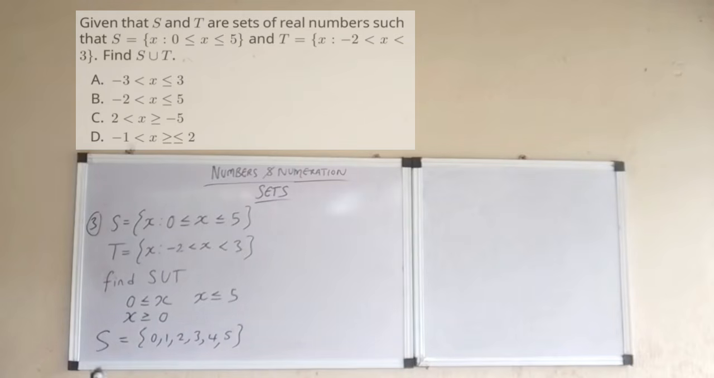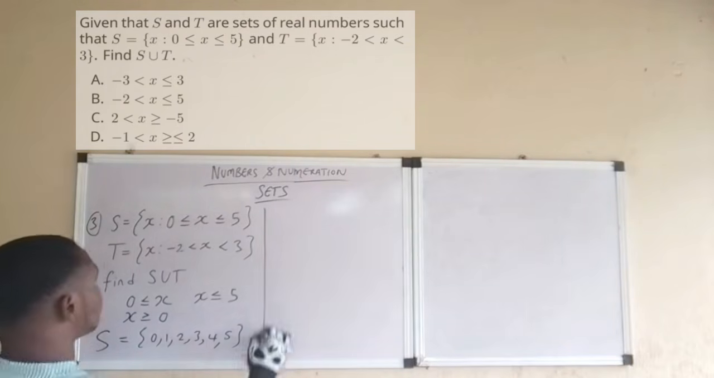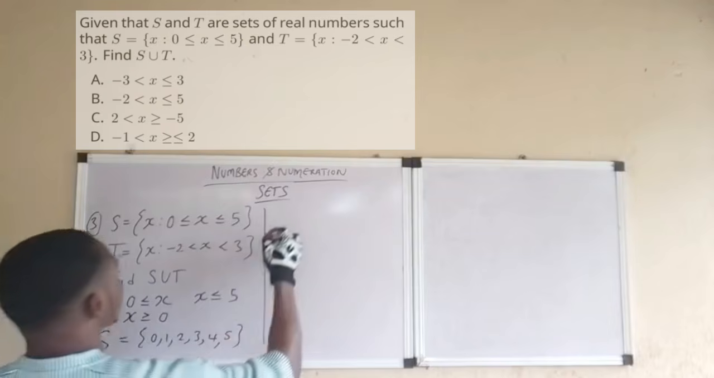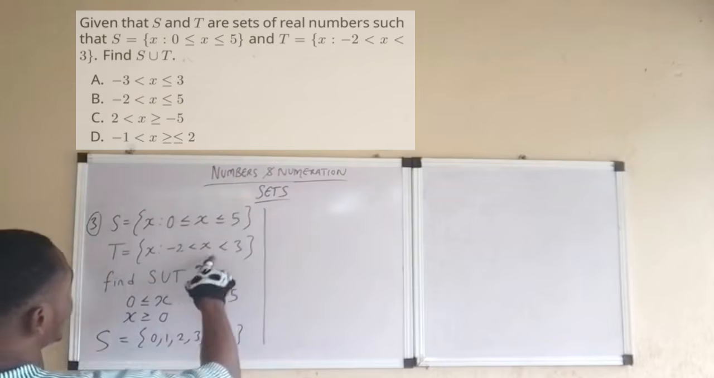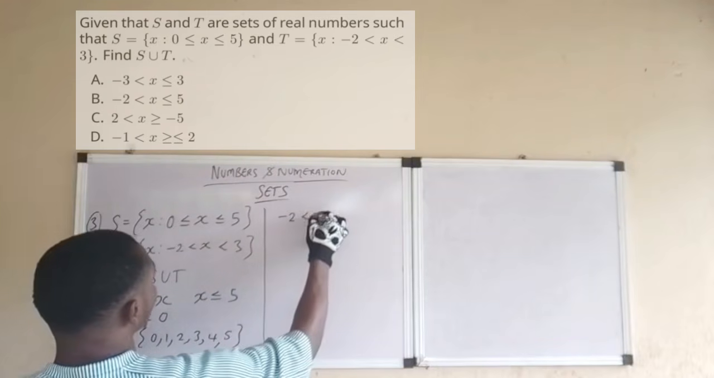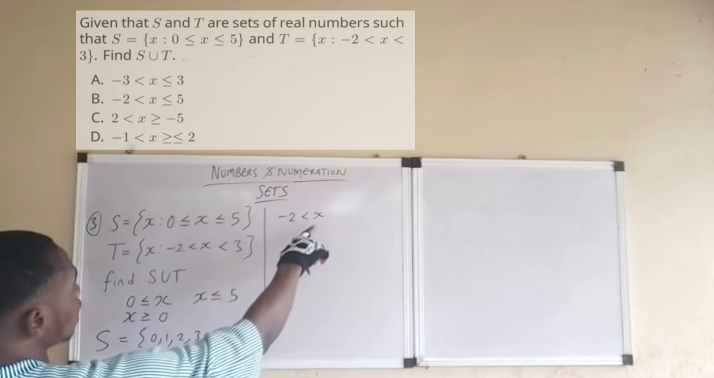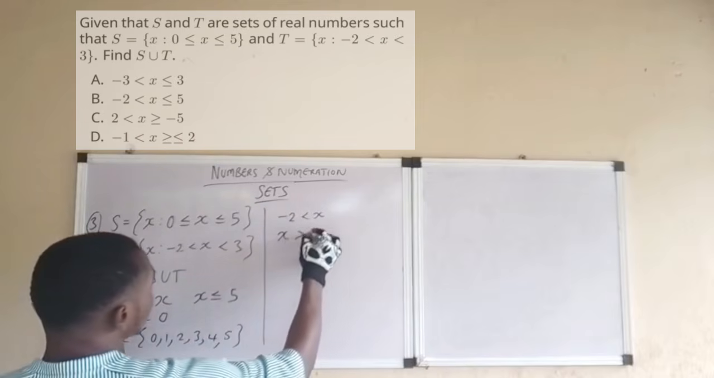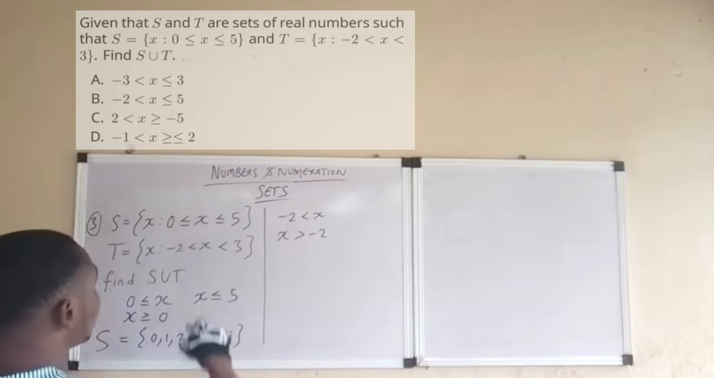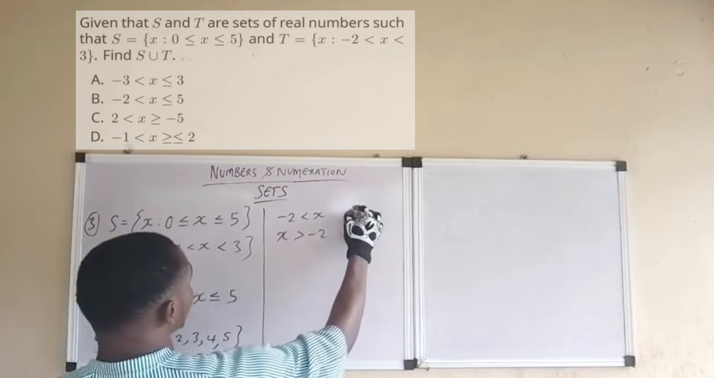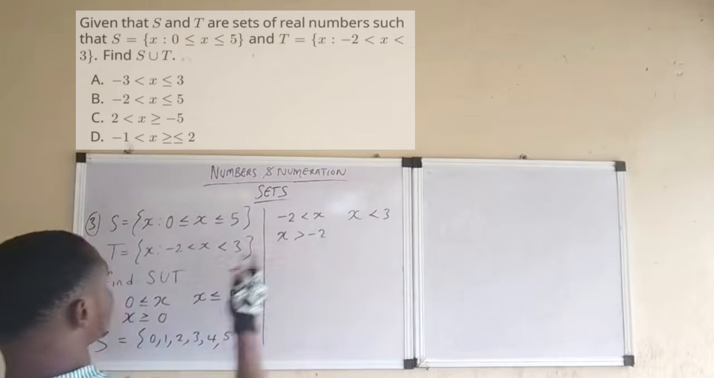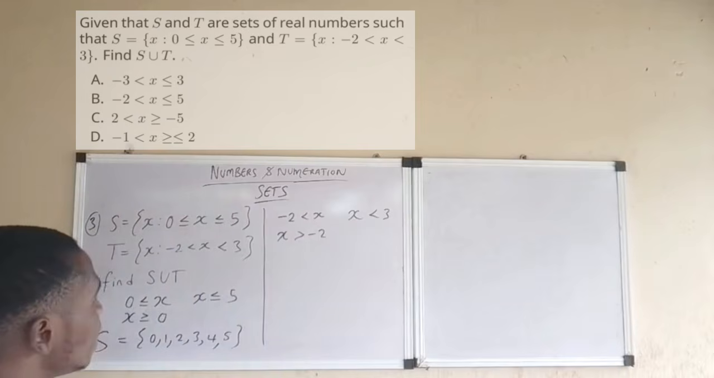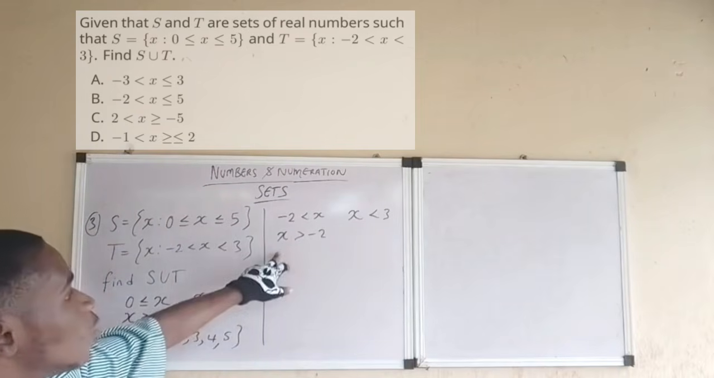Now, for the next set, which is set T, we're also going to write this first part, which is -2 < x. Now, I told you, let's always try to make sure that the x is on this side. So if I'm going to write this, this is x > -2. Now, for the other part, we have x < 3. So x is already on the left-hand side, so that's fine. So x is a value that ranges from -2